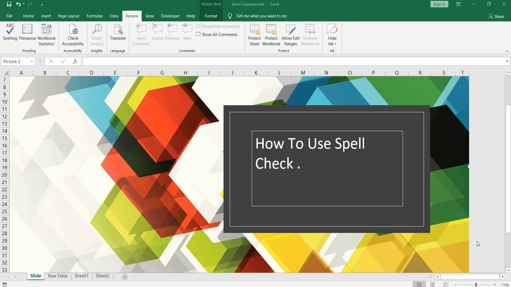So what we can do is that once we finalize something, we can check the entire spelling one by one, or we can use the functionality which is provided in Excel or in Word. The same thing goes with Excel and with Word, so I'll be showing you only in Excel, how you can check your spelling of what you have written.